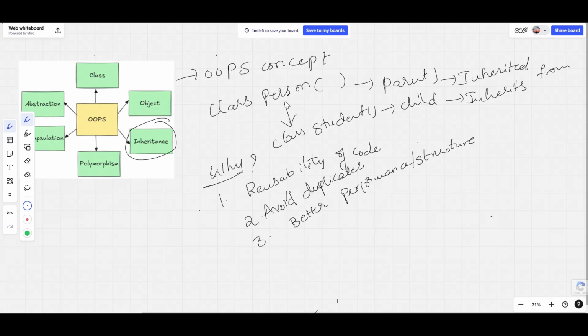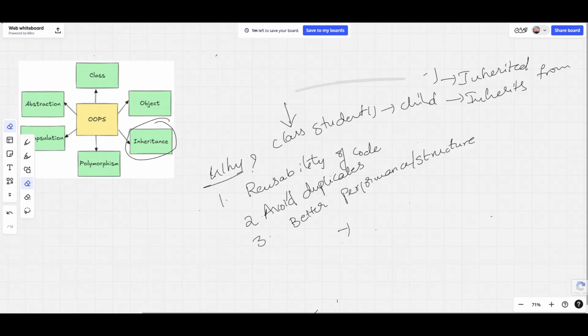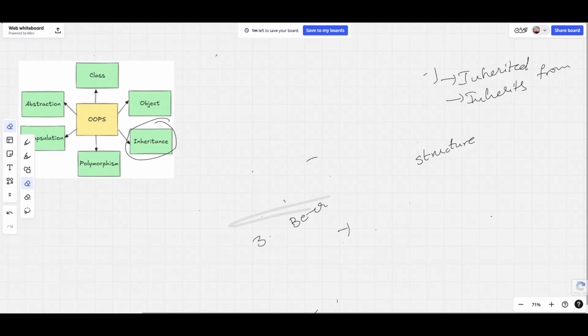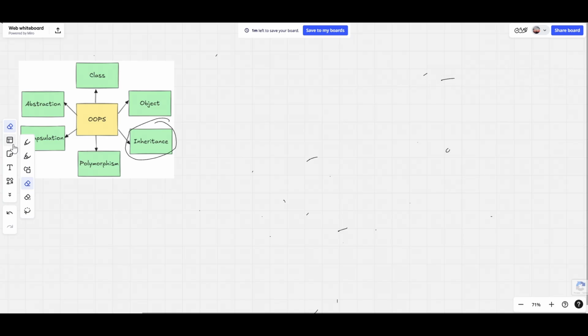I hope you understand what inheritance is and why we use it. Let me explain this with an example.